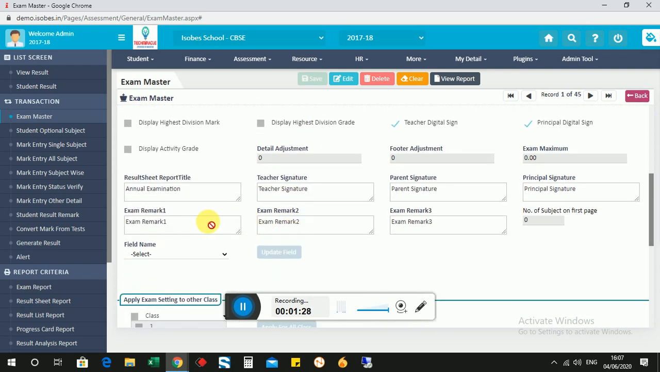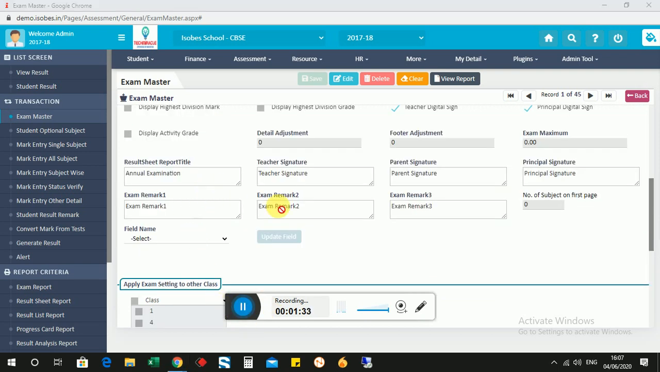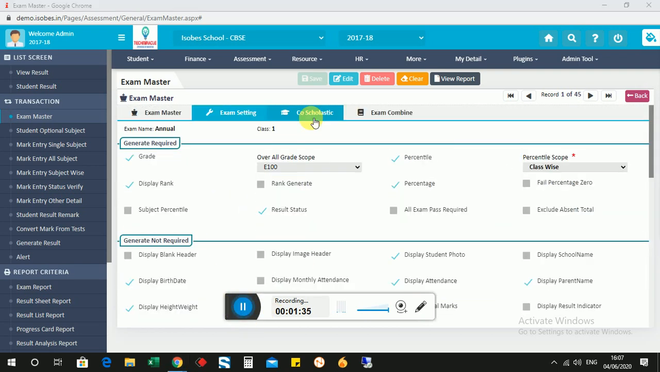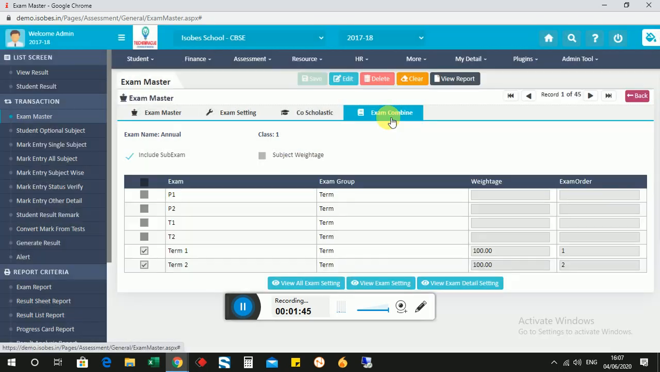Apart from this, their exam remarks also can be defined over here. Coming to the next, that is the core scholastic. So we can display the core scholastic result with the scholastic by clicking on include core scholastic. Similarly, we have an exam combine option over here, so the two exams can be combined in the main exam. If the organization wants to give the result of two examinations combined, so that two examinations can be combined from